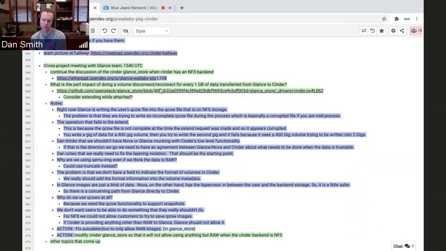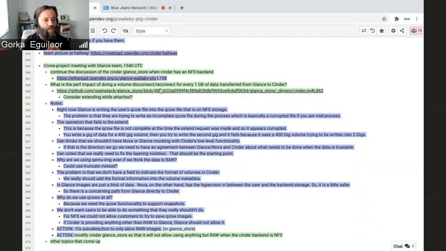So, Gorka, I think you were hinting at something, because you can create a volume from an image, right? Is that the workflow that you're worried about breaking with this? Well, create volume from image, where Glance is providing the locations of the Cinder storage, like, oh, I don't need to download it. I've already got it, right? Exactly. Yeah. So I just clone it. I'm good to go. Yes.